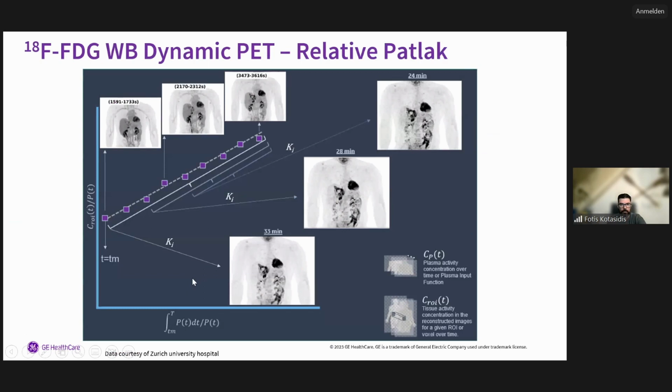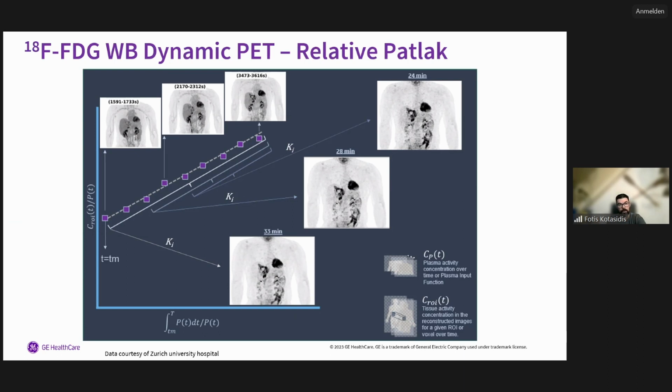Like I mentioned before, using let's say the truncated protocol, where you don't put the patient on the scanner and inject, we use relative Patlak. In this particular analysis pipeline, as I mentioned before, the Ki images are relatively scaled. But for certain applications where you don't really care about absolute quantification, you just care about the qualitative assessment of your parametric image, your parametric image will end up being almost identical to the absolute Ki scenario. So in this example, we do have a patient with